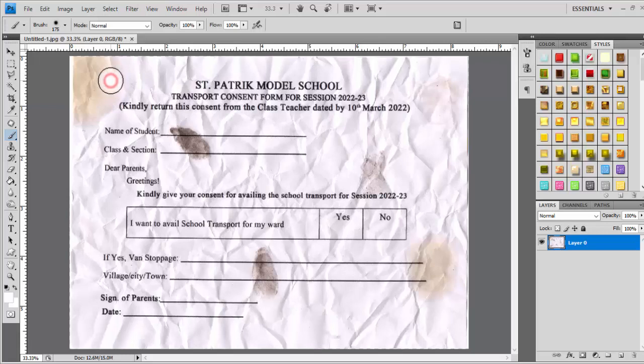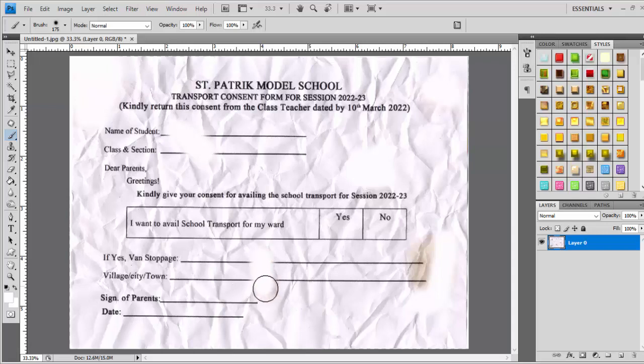If your document is of any other color, select the same color with the eyedropper tool and then paint over the stains and imperfections using the brush tool with the soft setting. Increase or decrease the size of the brush accordingly. If you happen to remove the lines, don't worry, we will recreate them as before. Keep removing the stains